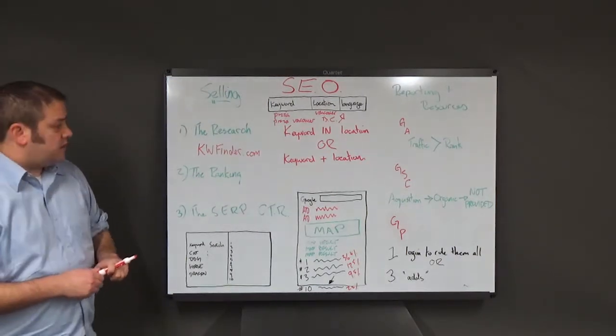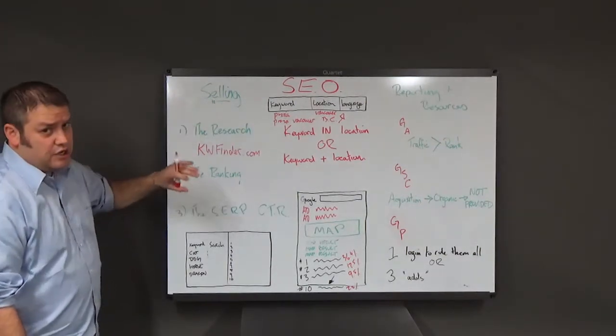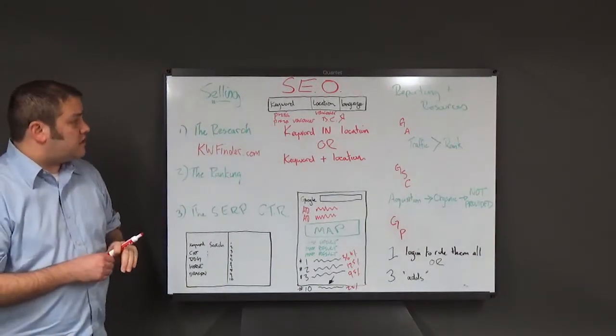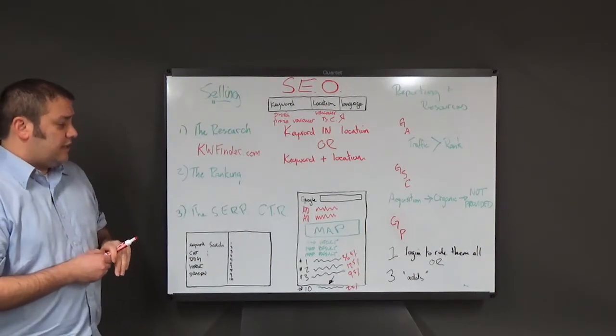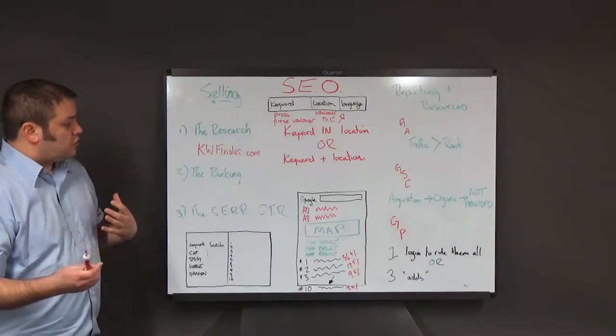Finally, when we're selling it, what we've basically done now is we said, hey Mr. Customer, there's 2,000 searches, you're nowhere to be found. And typically that might be enough for you to go and sell search engine optimization to the customer. If they're highly analytical or maybe they're on the fence a little bit, you can close out this conversation by